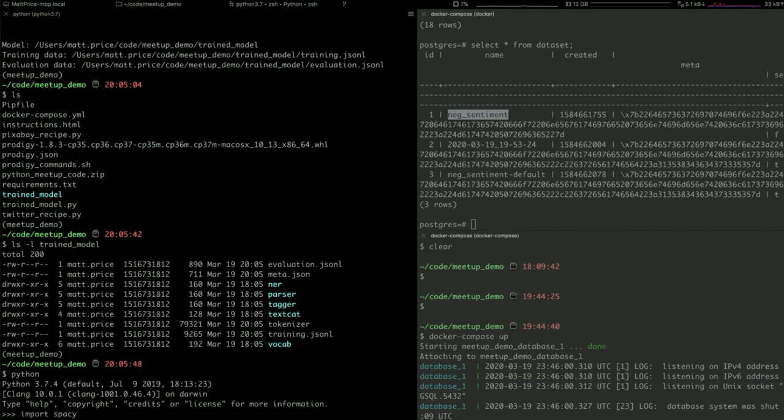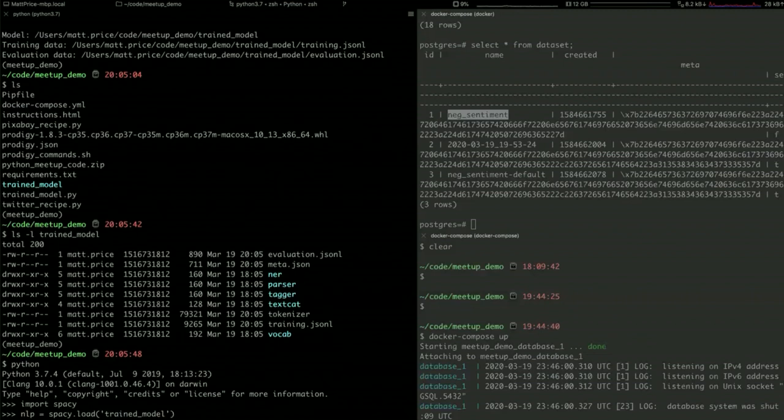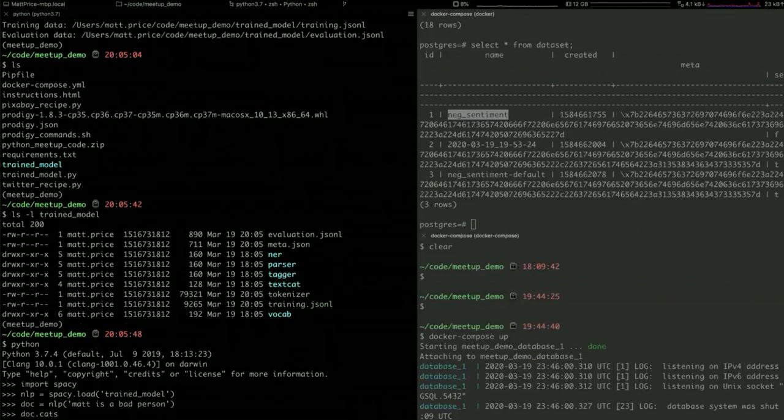So let us see what it thinks. We'll pass it a document here. We'll say, Matt is a bad person. Okay, so it thinks that that statement is negative, with like a 61% confidence, which actually isn't bad